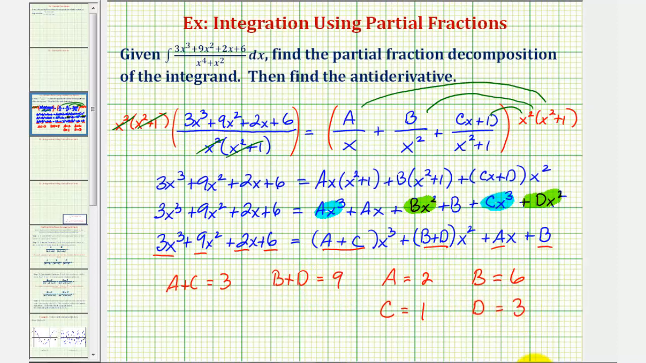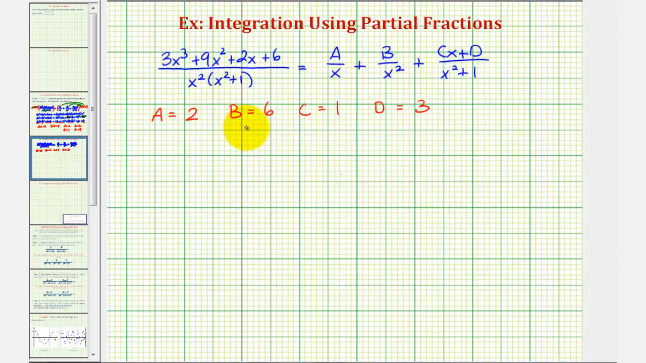Now that we know the values of A, B, C, and D, we'll perform these substitutions here on the right side of this equation, which will give us our partial fraction decomposition. Let's go ahead and do this on the next slide. The partial fraction decomposition of the integrand would be A divided by x, or 2 divided by x, plus B divided by x squared, or 6 divided by x squared,